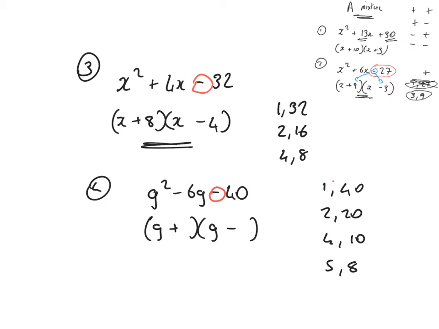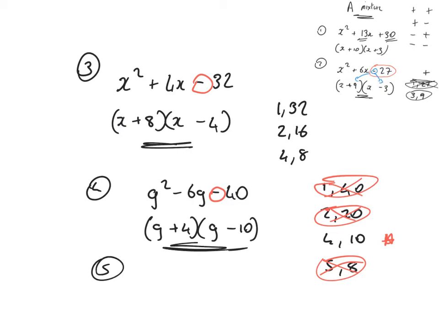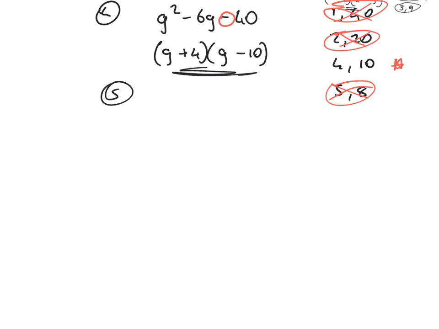So I won't get success from 1 and 40. I can't organise that to get minus 6. Neither 2 and 20 or 5 and 8. But I can definitely make progress with 4 and 10. So that's going to be g plus 4, g minus 10. 4 times minus 10 is minus 40, and 4 minus 10 is minus 6. Okay, example 5. Let's go for t squared minus